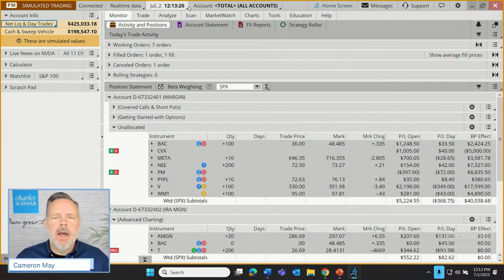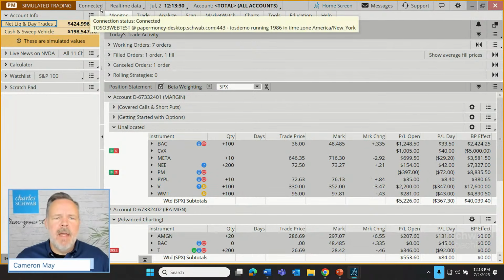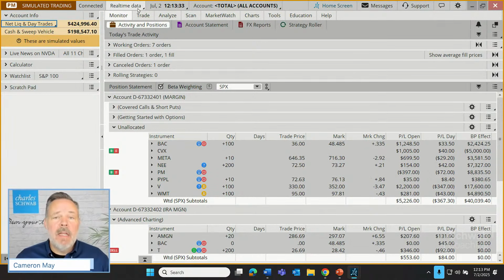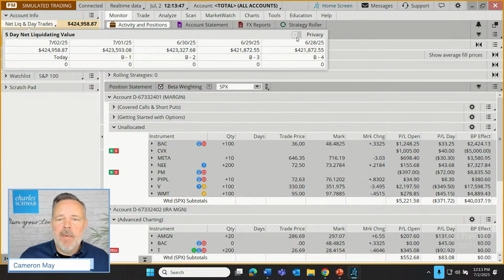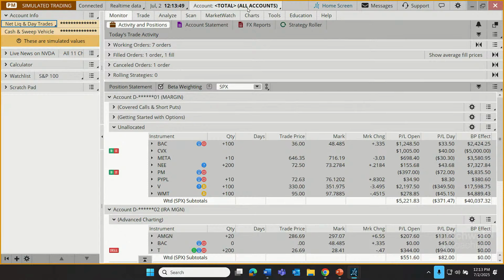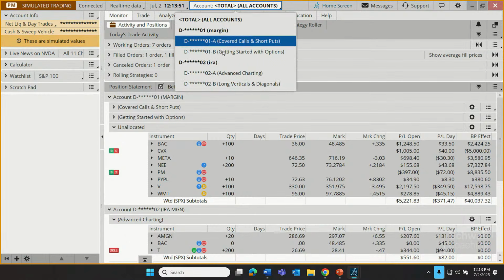Let's go across this upper row, quickly talk about things. This is just telling me I'm connected to my internet, which is good. This is telling me that I'm seeing real-time data. It's possible if this were delayed, it would give us a prompt there that it's delayed. But in any case, there's the current time. I can navigate among my accounts. Watch this. If I come back over here, let's switch on our privacy again. But right up here, I can navigate among the different accounts.